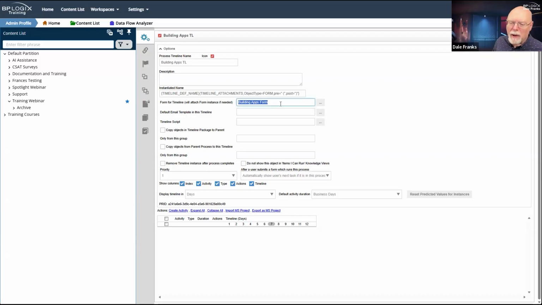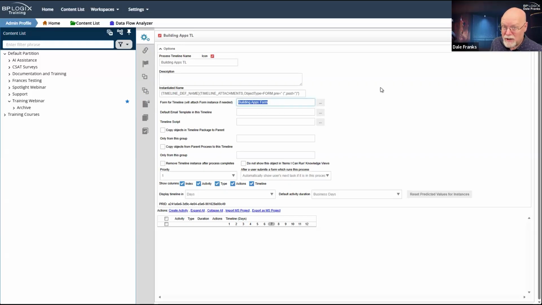I think it's probably relatively rare that you would not ever have any form-based conditions. So you're probably going to want this most of the time. But in the normal order of events, where I'm going to submit a form as an end user, and that form is going to invoke the process timeline, this property is not necessary.